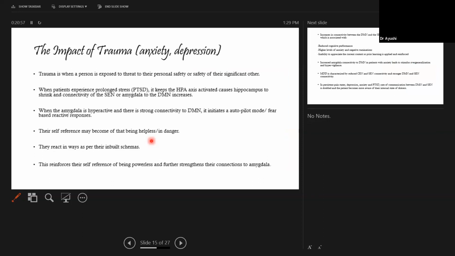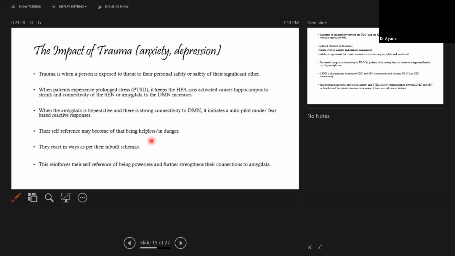What cortisol does is it increases the connectivity between the amygdala and the DMN, and the salience network and the DMN. We knew that the salience network acts as a switch between the central executive and the default mode. Now, when there is increased connectivity of the amygdala and the salience network to the DMN, what will happen is the amygdala, which is responsible for emotional processing,